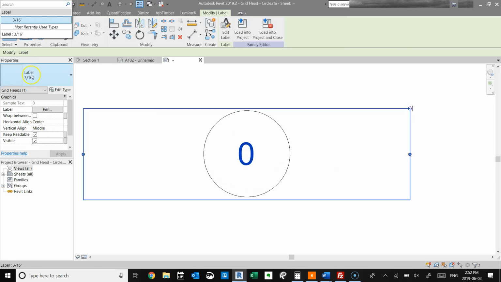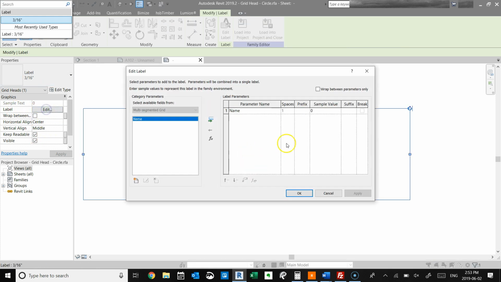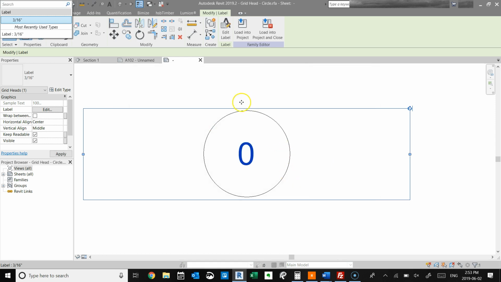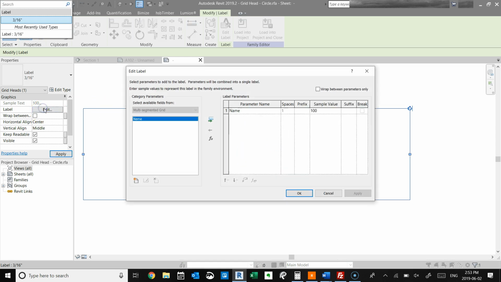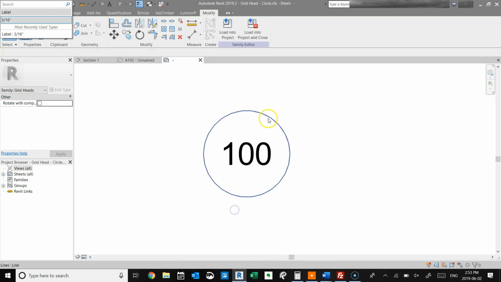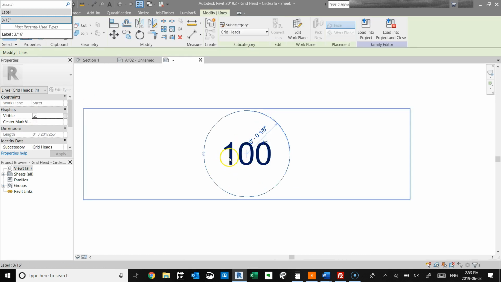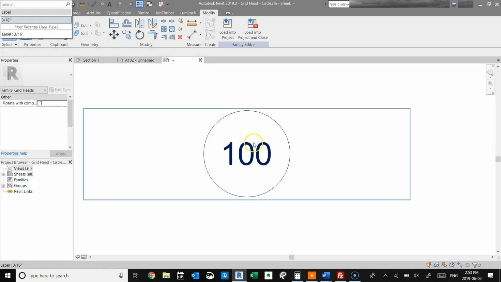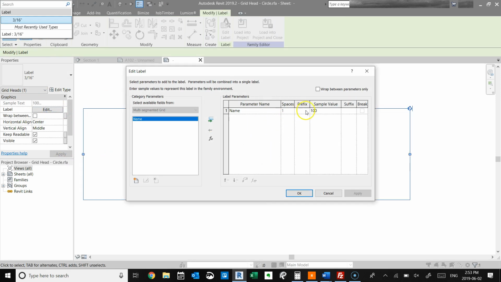So that's not bad. The other thing I like to do is under the label here, we're going to click edit, and by default we're going to add in 100. The reason why we're going to add this is we want to make the sample value 100. We want to make sure, just in case we have either a 3-digit number,